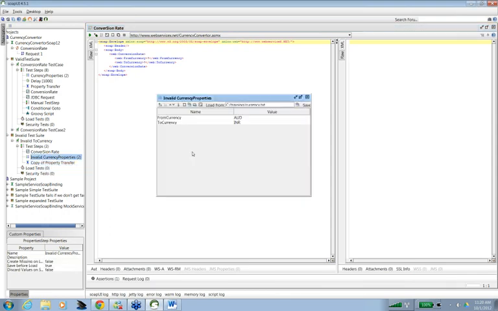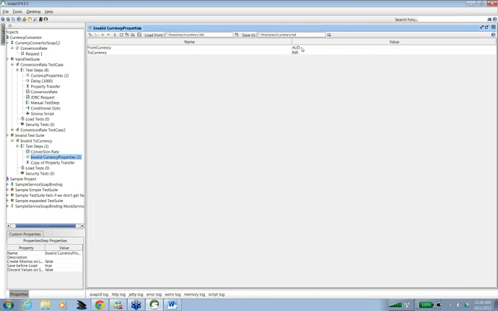Okay, and then you can just open it and change the values. So I want to make it invalid, so invalid to currency.